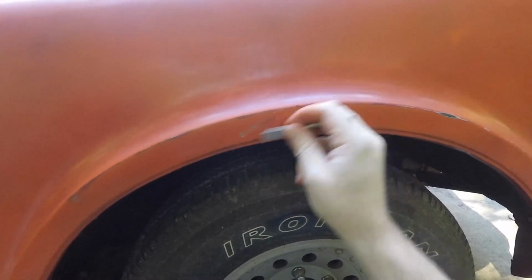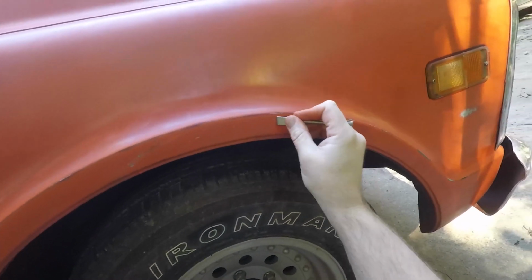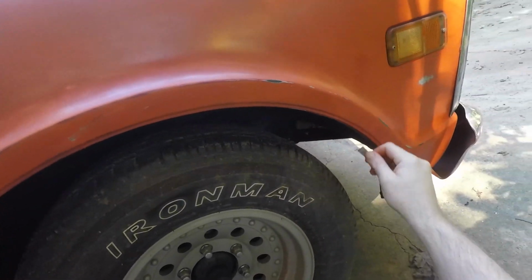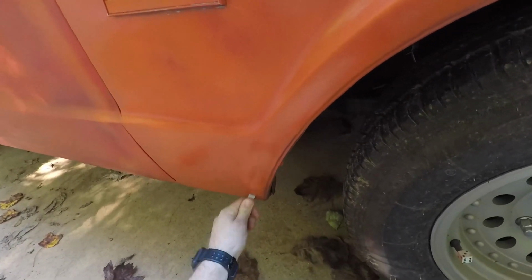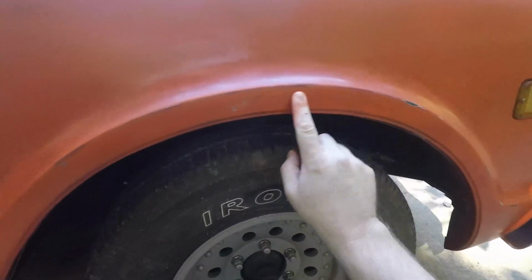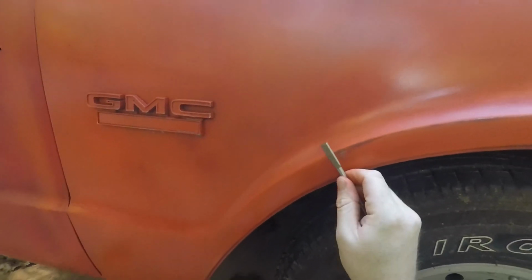There's a little bit of red. There's some red. This would have been a high traffic rock chip. So I'm doing two things here. I'm obviously scraping paint off, but I figured I've not got as far to go to get down to some of that good stuff like this. If I scratch it a little bit,